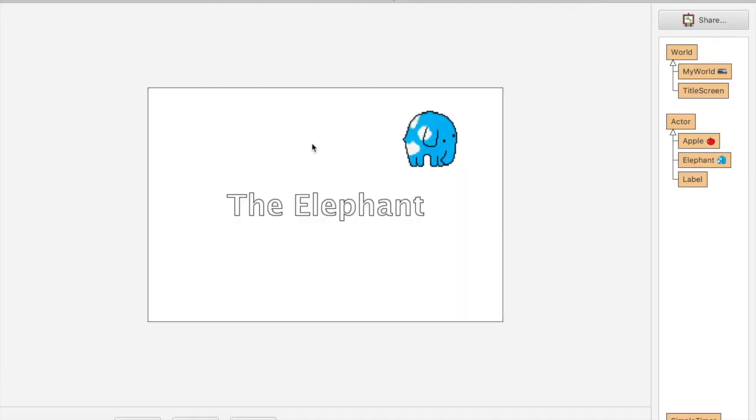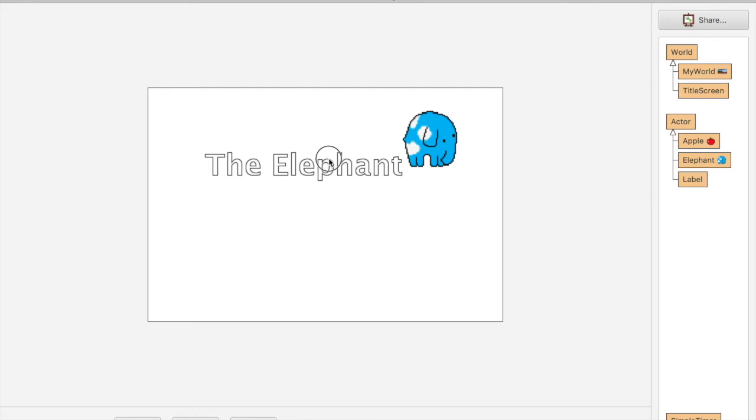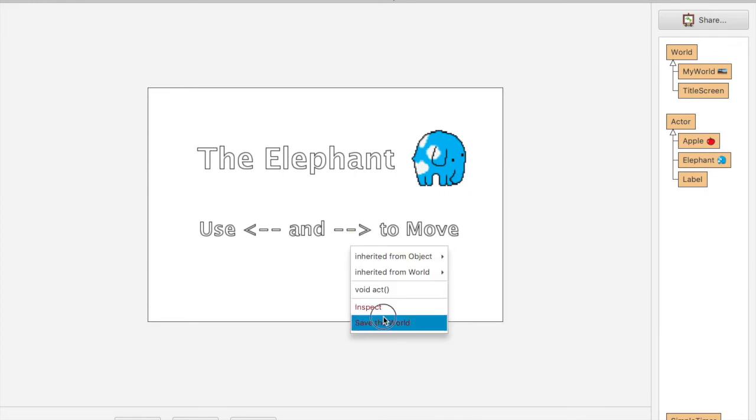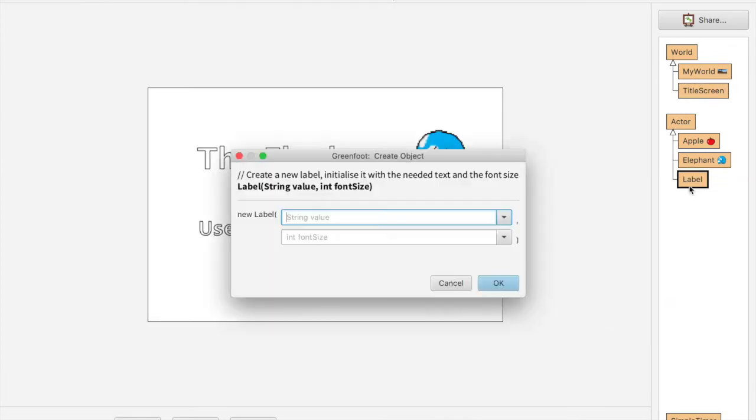I also want to add instructions onto the title screen, so I'm going to move the title out of the way a little bit. And again, you can play with this. You can create a label from the visual interface by right-clicking it, choosing a new label, and supplying some information here. So maybe to instruct the user to press space to advance to the next screen,